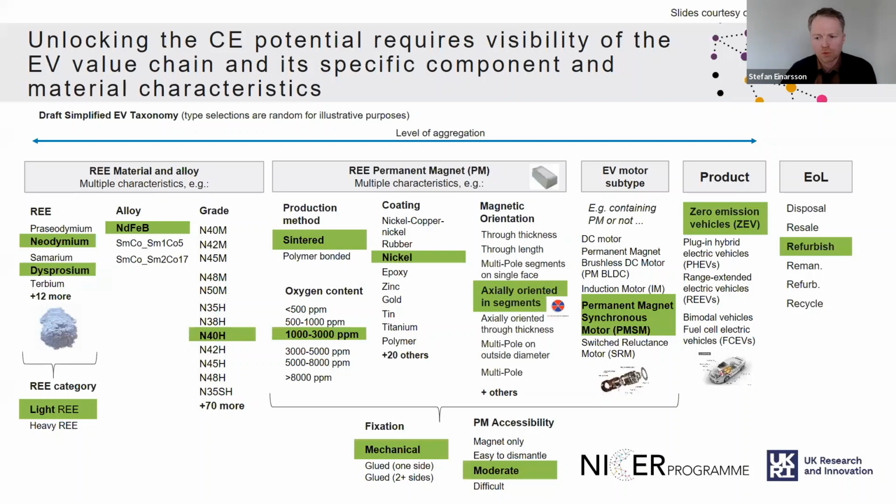So it's important to facilitate visibility in the value chain and exchange of information between the value chain players, basically. And this most likely will need facilitation also by governmental actors to make this happen. And this is something we've also been exploring in our current project on how to create data pooling networks to help facilitate this flow of information